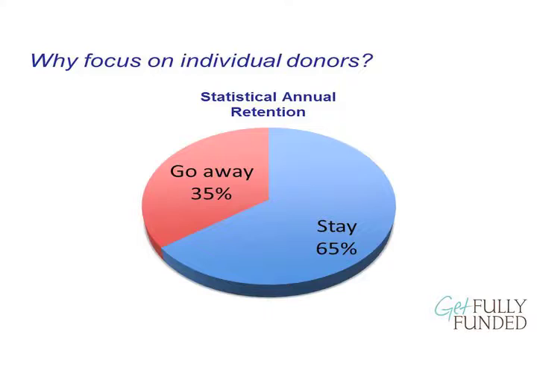That means that if you're not doing a great job of building relationships and keeping folks around, and you start the year with 100 donors, you're going to lose as many as 35 by the end of December. And that's no good. We don't want you losing that many, because going out and trying to replace them can be difficult. It can be time-consuming, and it's actually easier to keep the ones that you've got instead of always finding new ones.